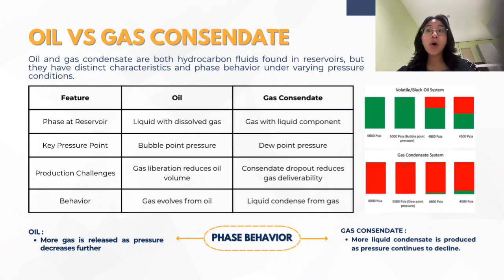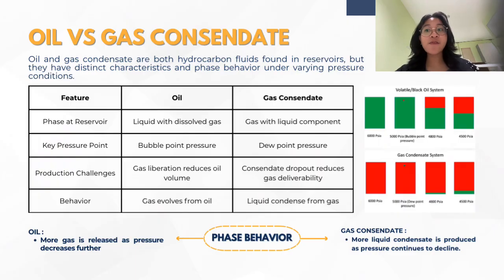Then, about oil versus gas condensate. These two are hydrocarbon fluids found in reservoirs, but they exhibit different characteristics under varying pressure conditions. Oil exists as a liquid in the reservoir with dissolved gas, and as pressure decreases, gas is released. Gas condensate, on the other hand, exists primarily as gas with some liquid components, and as pressure drops,